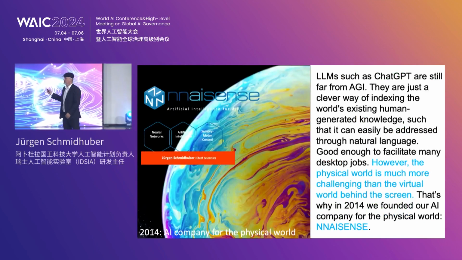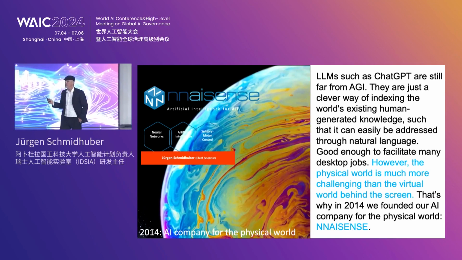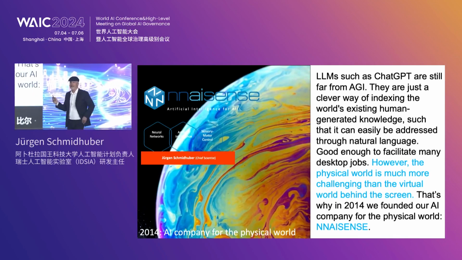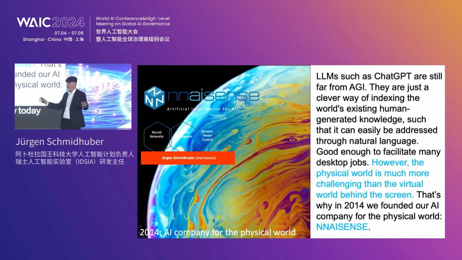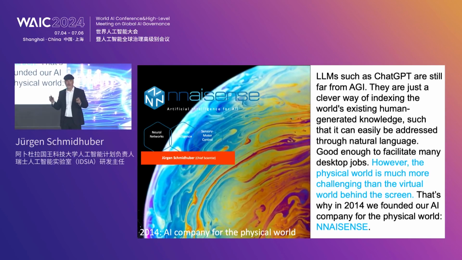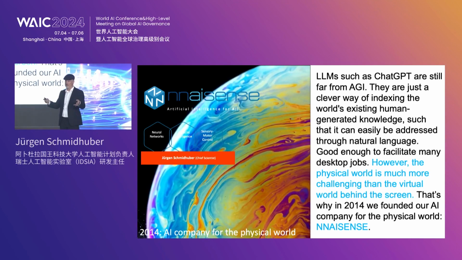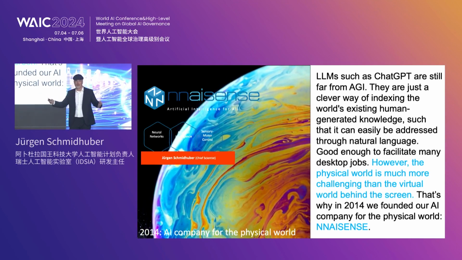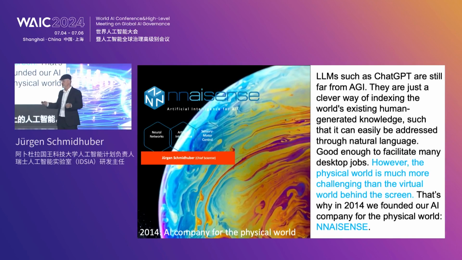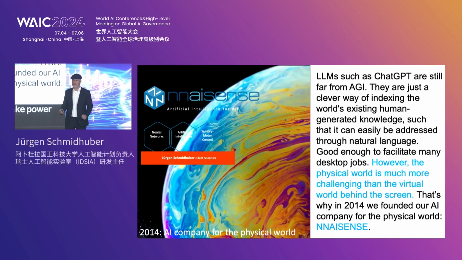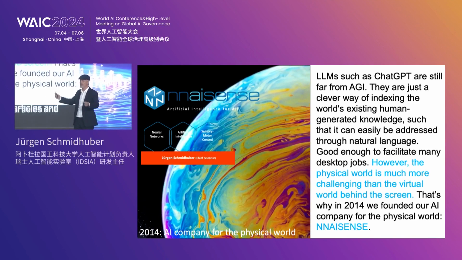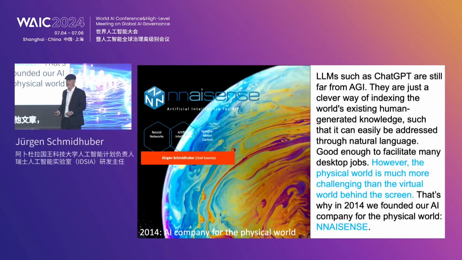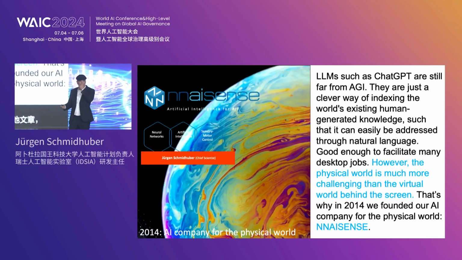Now, what's currently working well is the AI behind the screen. The only AI today that is working well is the AI on the desktop, behind the screen, in the virtual world. So all the large language models and so on, all you can use them for is to summarize documents, make PowerPoint slides, and illustrate articles and summarize other articles in a way that allows you to greatly facilitate what reporters and journalists do.